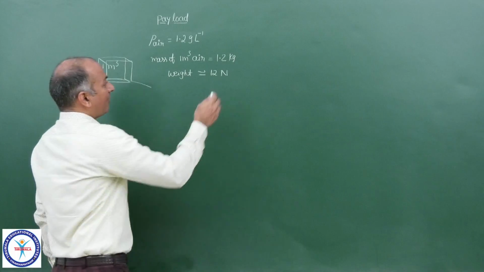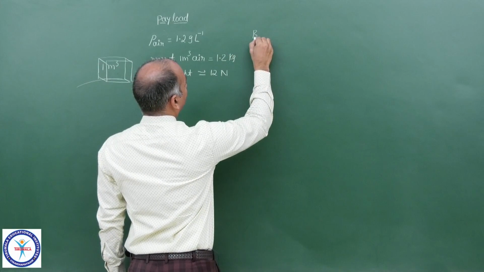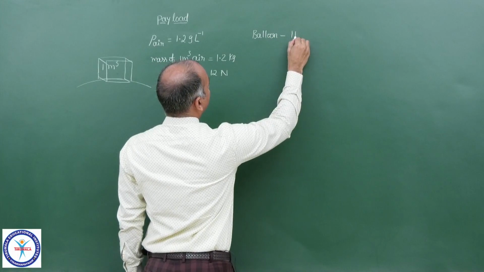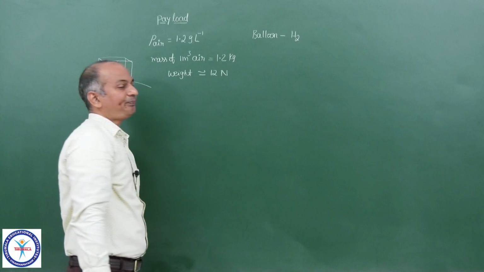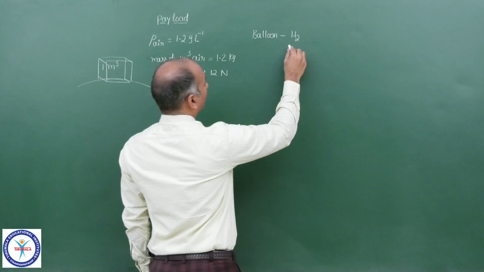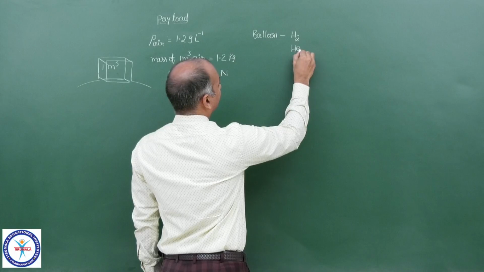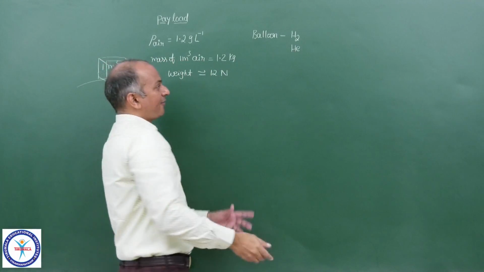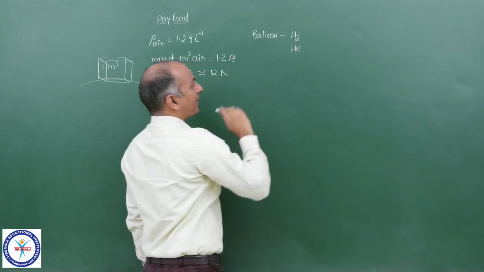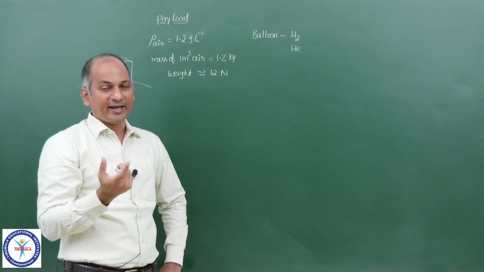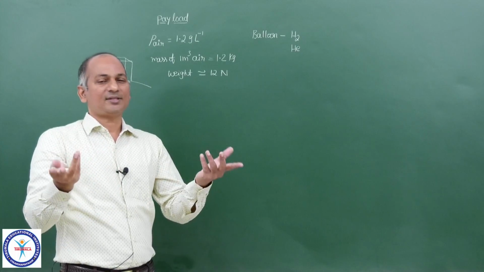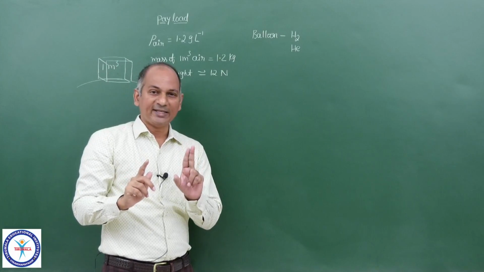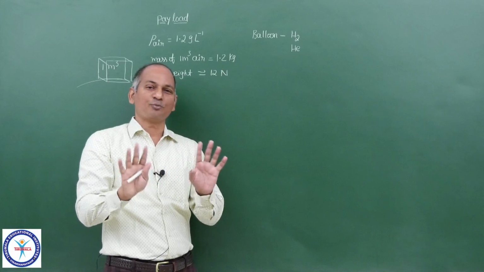Now see. If you take a balloon and you fill that balloon with hydrogen, or you can fill that balloon with helium. Now do you know what is the density of hydrogen, what is the density of helium? Now we can calculate. If you take hydrogen and helium as ideal gases, under normal conditions, almost every gas behaves ideally at 1 atmospheric pressure, 25 degrees Celsius. So every gas behaves almost ideally, no problem.